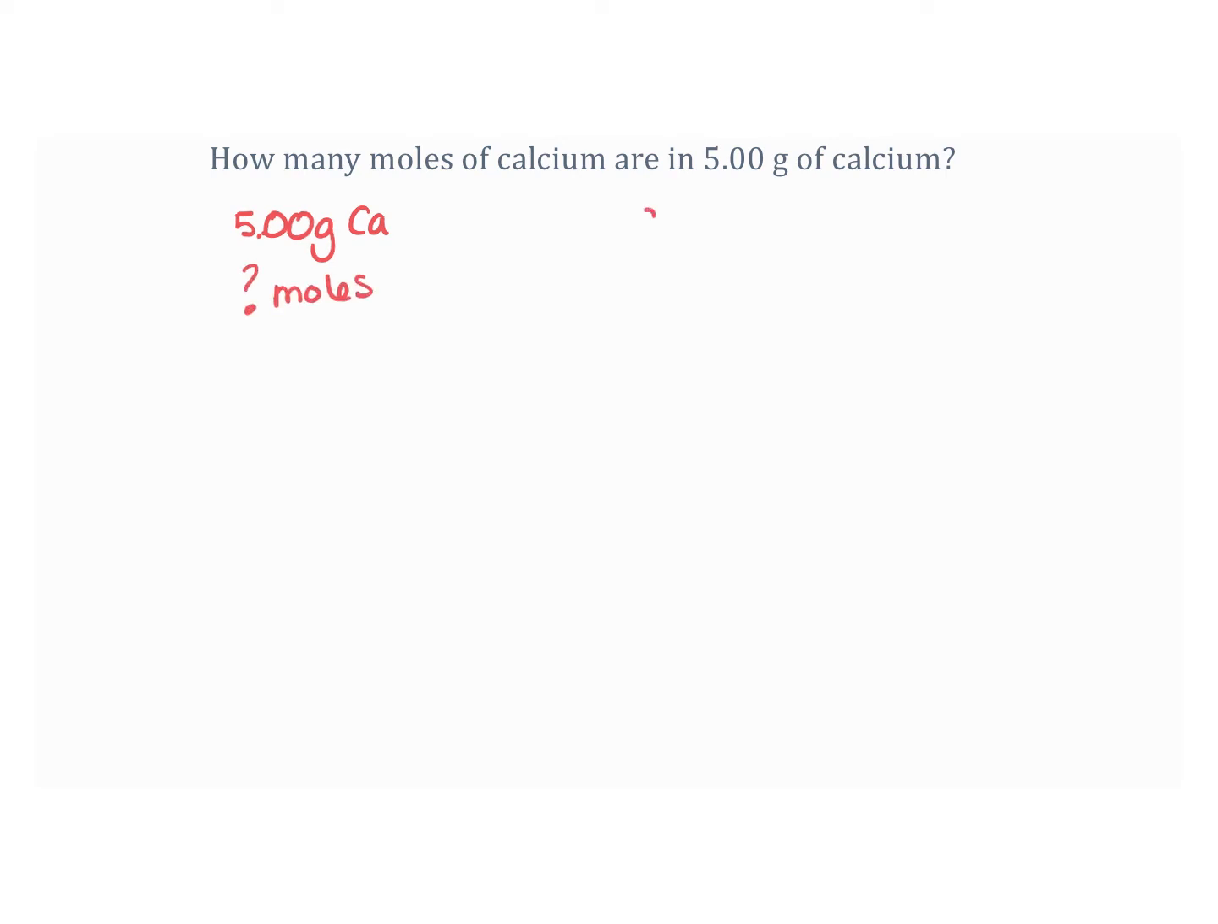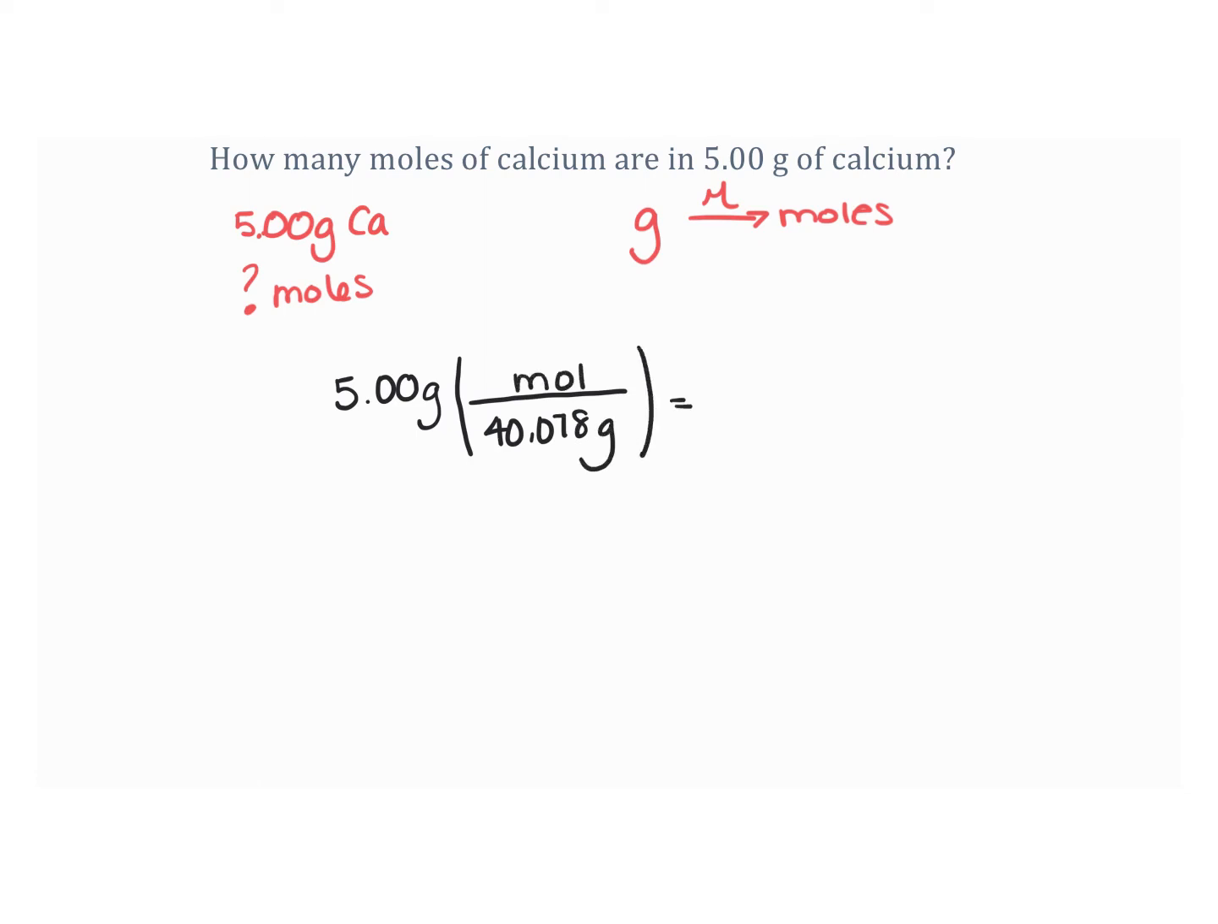And so I say, okay, hey, look, I need to go from grams to moles. And to do this, I know I'm going to use the molar mass. Now, we've already looked up the molar mass of calcium. We know it's 5 grams. And again, we're going to put grams here on the bottom, 40.078 grams per mole. And we're going to divide 5 divided by 40.078, and you should get in your calculator